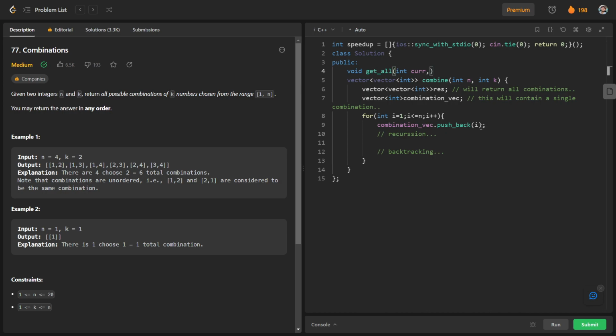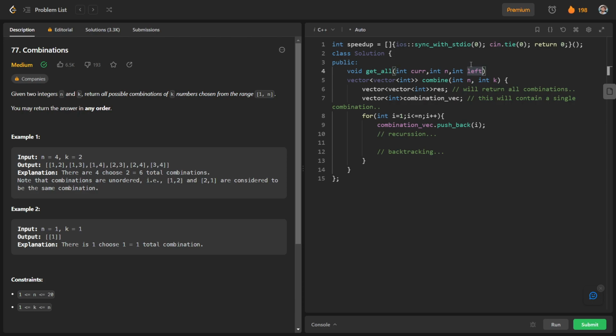You can see that we have pushed back i here, so current will be nothing but i. We will have our parameter n, and our parameter left. Left means this many numbers have to be added more. Initially left will be k, so we have to add k numbers.